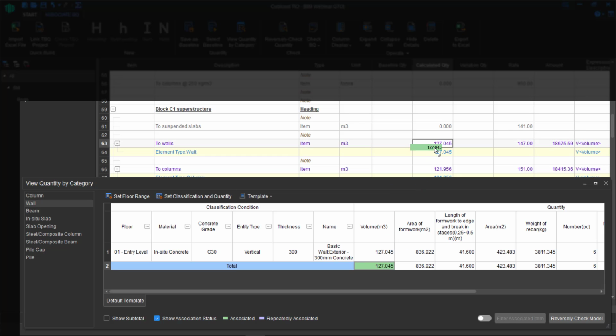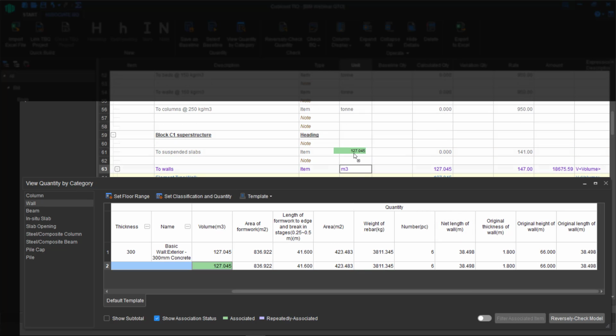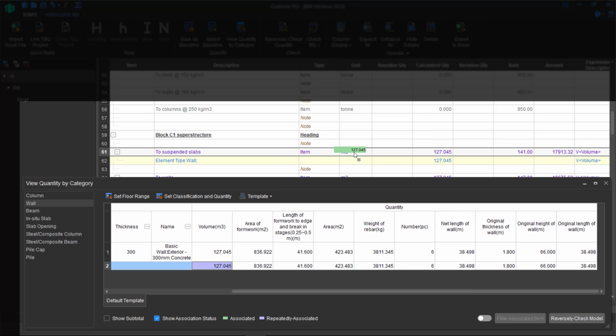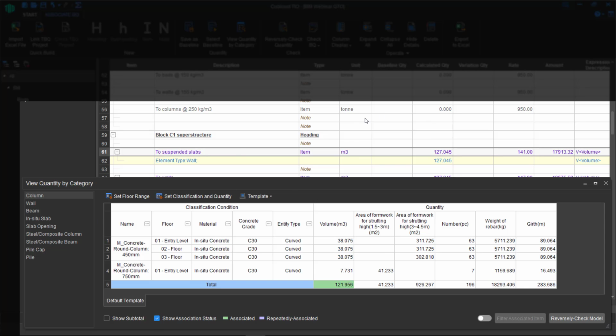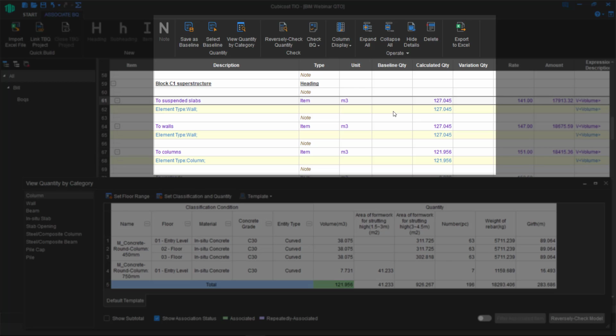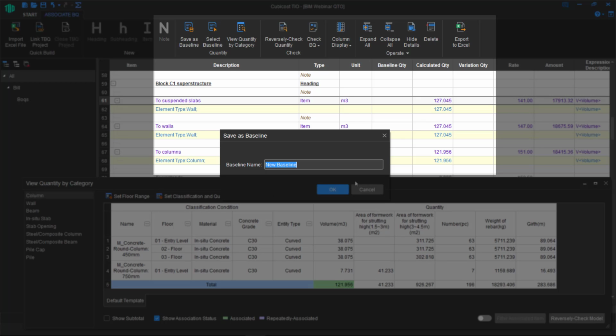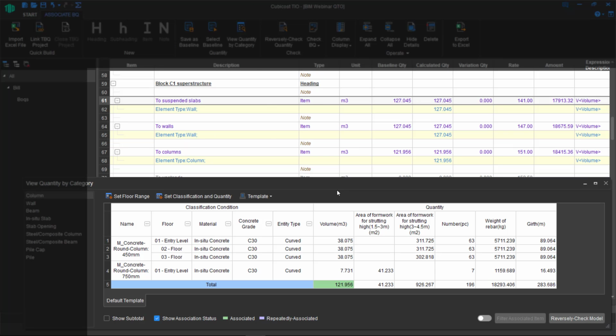Another thing to note is if you use an item more than once, then what happens is it gets colorized differently, so it just changes to purple just to visualize that further. So what we can do now is now that we have some data, we can save this as a baseline to say, yes, this is my first revision, no changes have been made yet. However, if changes occur, how do I know? Well, this is the beauty of it. Once you've linked the quantities to a cost document, in this sense, the Excel file,